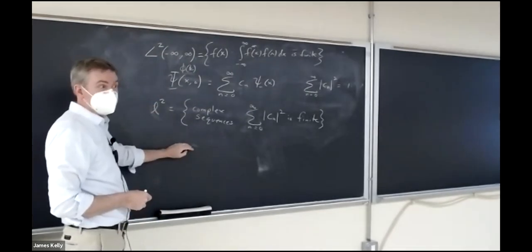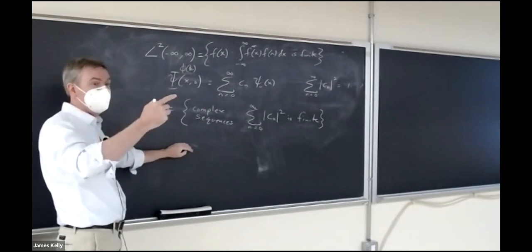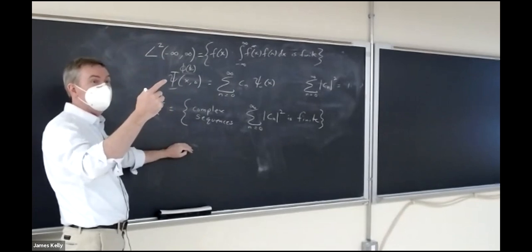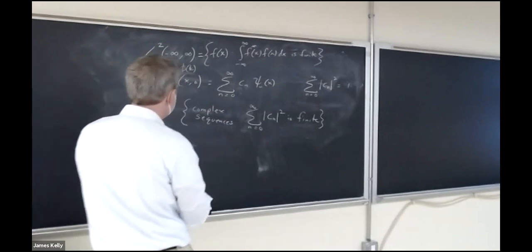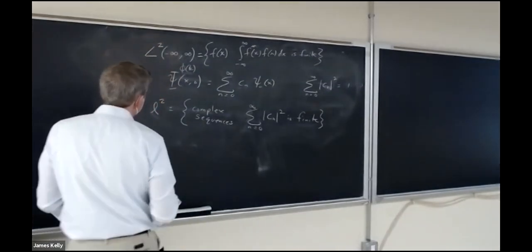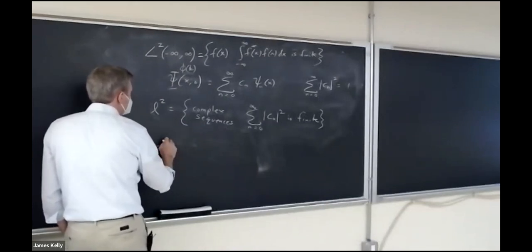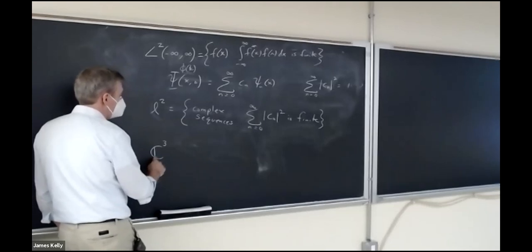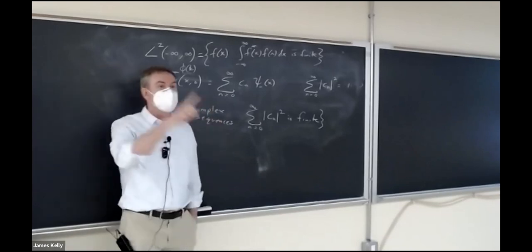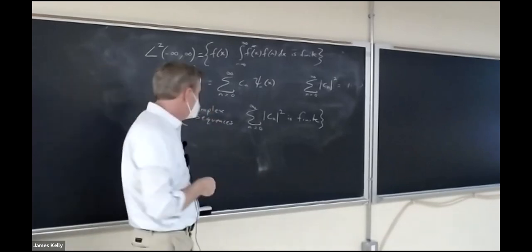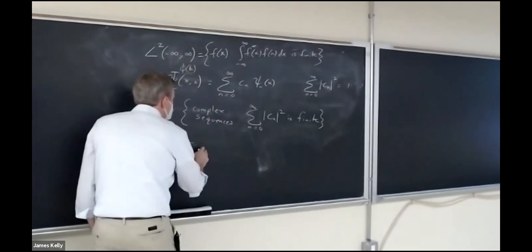Now, we're not going to use them right now, but we're also going to be interested in finite dimensional vector spaces later on when we talk about spin. As you know, if you have a spin 1/2 particle, there are two linearly independent definite states of definite z spin angular momentum. And so we're also going to define things like C3. So this is complex numbers, three-dimensional complex vector space. That's just like our three-dimensional real vector space, except the scalars can be complex numbers there. So this is the collection of all